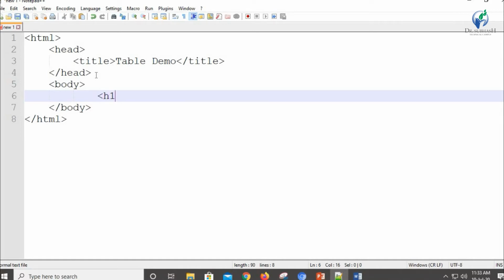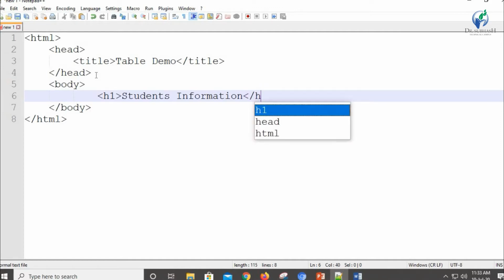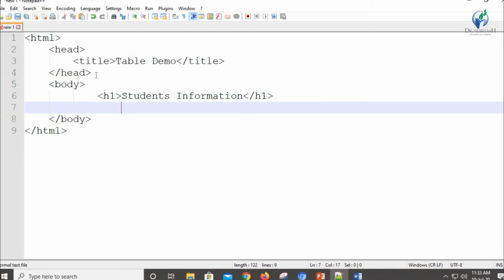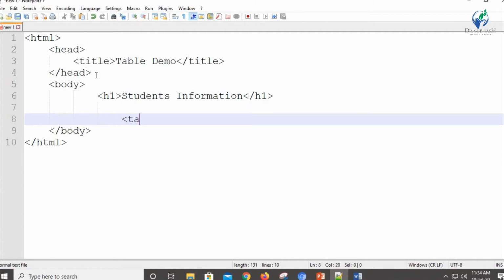So first we are going to give a heading, students information. Okay, and we are going to close the h1. Now we are going to use the table tag to create a table, right?